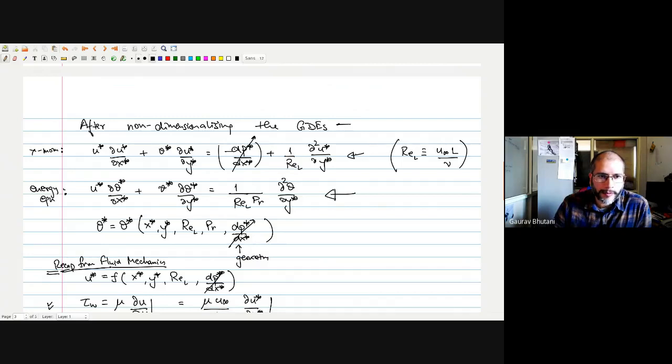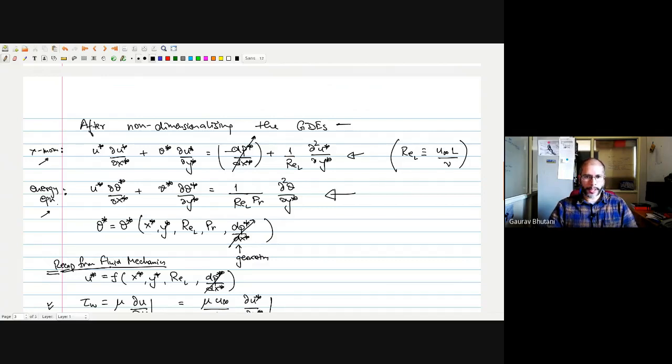So for that we have to solve the x momentum equation, but there may be situations where the x momentum equation, since it depends on the Reynolds number, and the Reynolds number has got thermophysical properties, the density and the viscosity. So these density and viscosity of the fluid, they are in some cases strong functions of the temperature. Okay, so that means the x momentum equation and the energy equation are both coupled to each other. So the x momentum equation depends on Reynolds number, which depends on the temperature, and the temperature equation depends on the u star and v star values, which depends on the Reynolds number, which depends on the temperature. So that means they're coupled to each other.